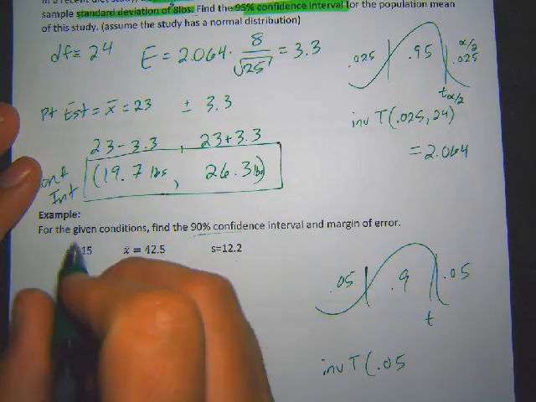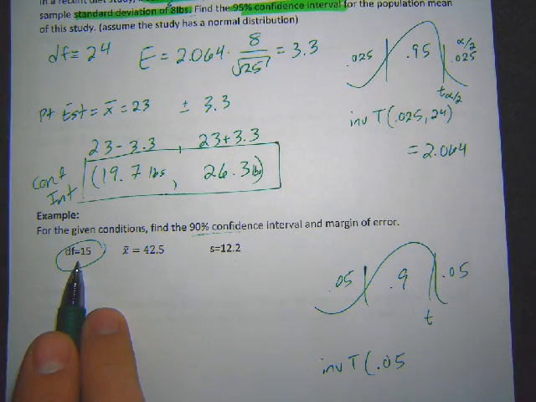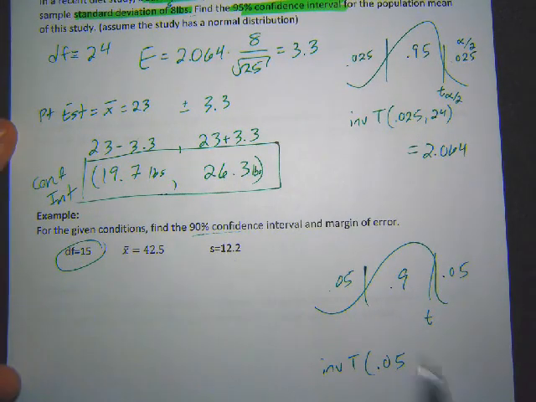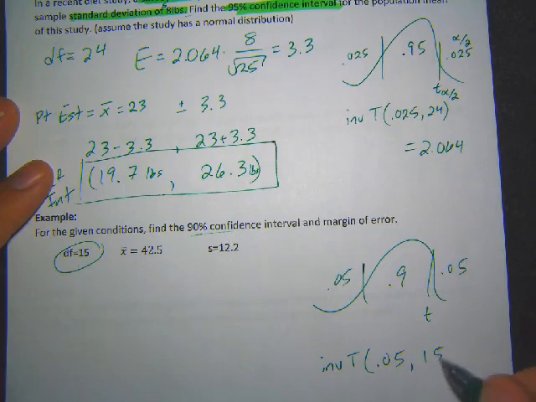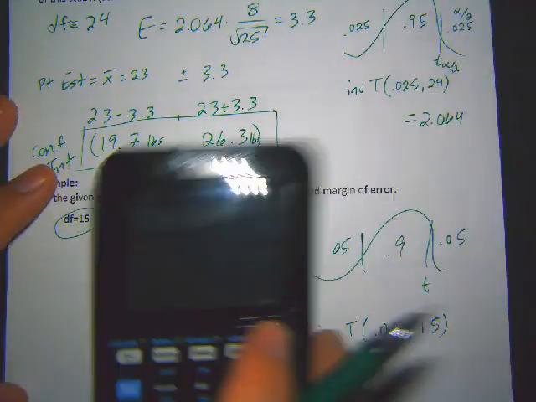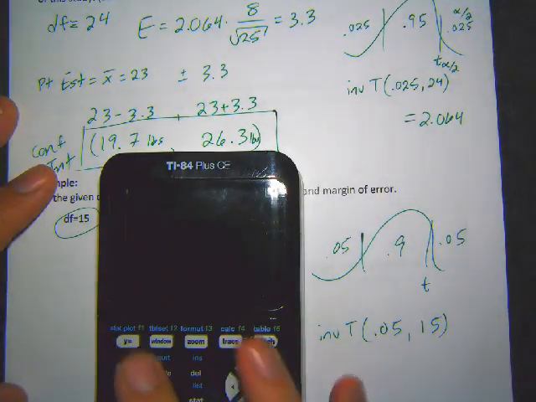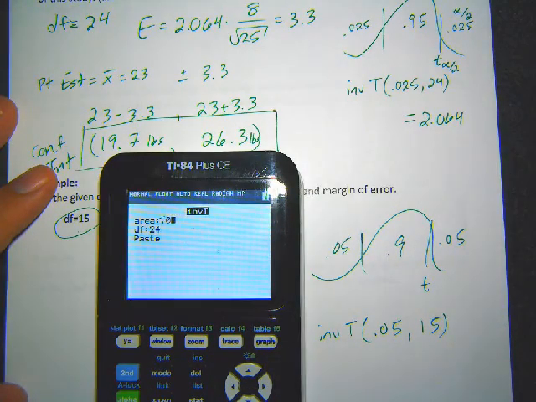This one's one you've got to really notice here. They gave you the degrees of freedom, 15. They didn't give you the sample size. So it's really tempting to maybe put 14 down here because we've been subtracting 1 every time. But notice that this is actually the degrees of freedom, not the sample size. So we're just going to go ahead and put that in because that's what we want. We want the degrees of freedom here, not the sample size. So that's actually already the number we want. So plug that in. We'll do our second distribution, inverse t, 0.05 for the area, 15 for the degrees of freedom, and we get